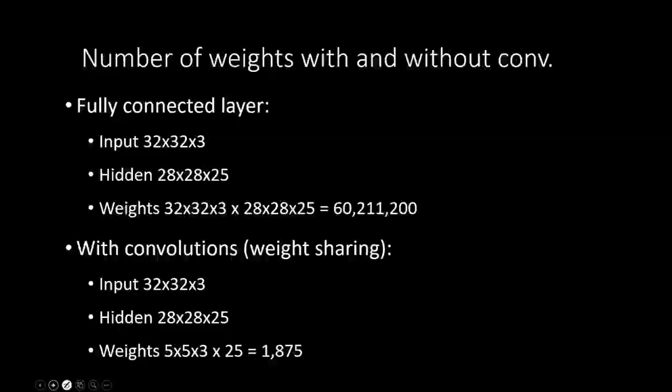But before we get into that in more detail, let's look at the principal advantage that we got by using convolution over not using convolution. So let's say we had an image of size 32 by 32 and it had 3 channels which are R, G and B. So now we have a 3-dimensional tensor of size 32 by 32 by 3. So let's draw it like this. We have 32 by 32 and we have 3.